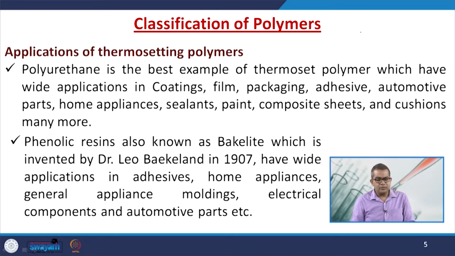Now, sometimes you may encounter the joining of various adhesive epoxies. If you see, there are two things, one is the epoxy and the other one is the hardener, and if you combine them, then you can seal anything. That is the best example of thermosetting polymers, because once you join them, after a certain period of time they get cured and then they form a hard surface. This is the best example of a thermoset polymer.